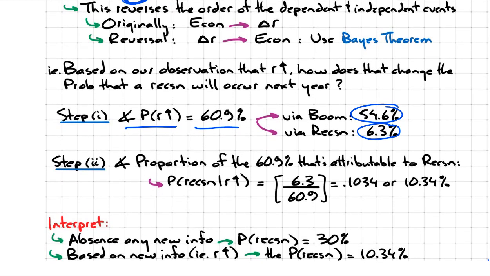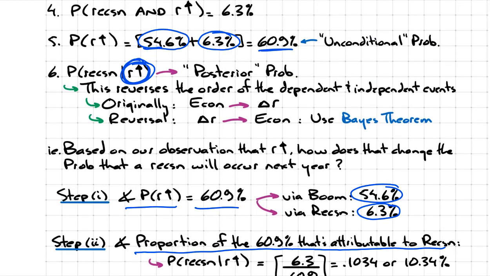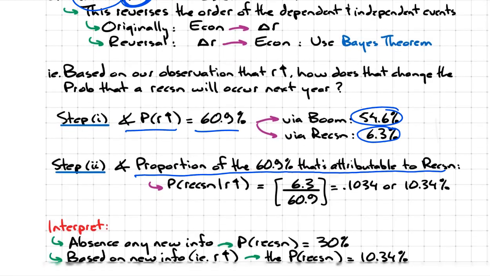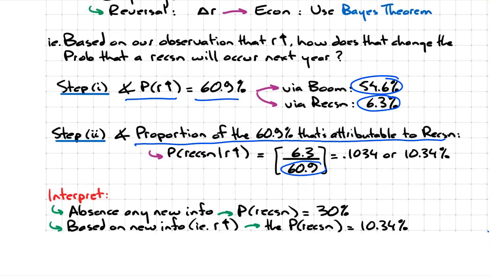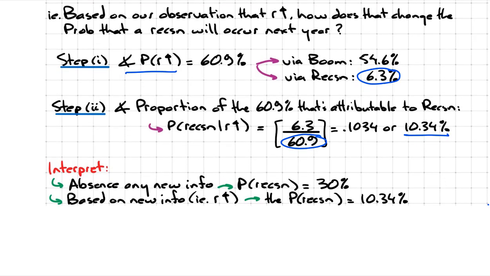So now we have to find out the proportion of the 60.9 that's attributed to a recession. And that's it. 60.9 is the total probability of interest rates going up. And what portion of that was a recession? 6.3. So 6.3 out of 60.9 works out to 10.34%. So then how would we interpret that? So first of all,